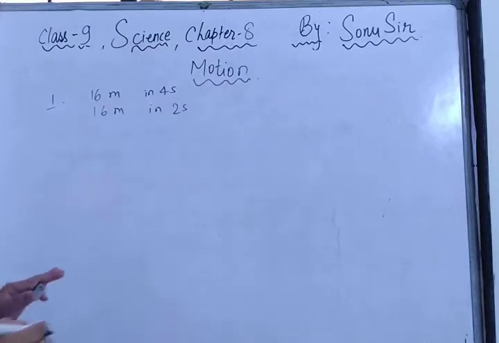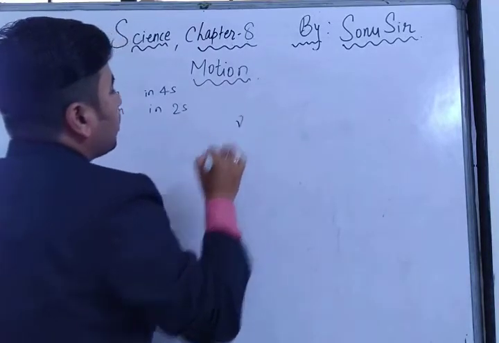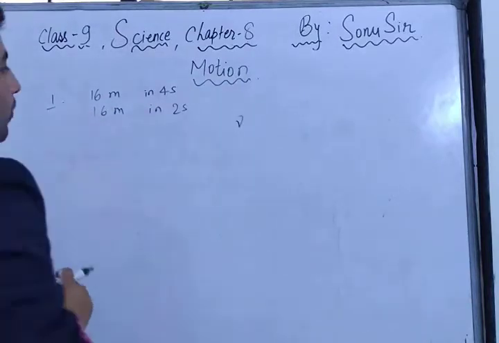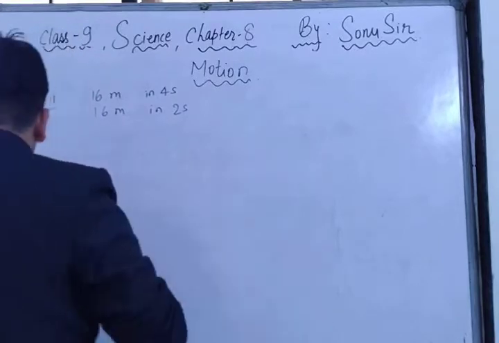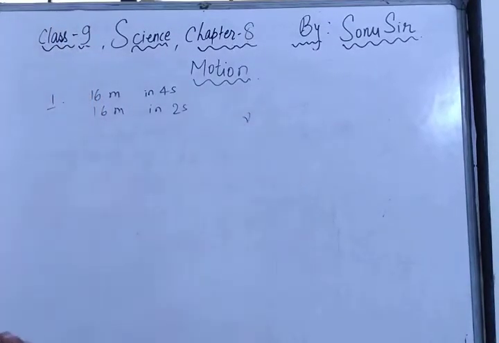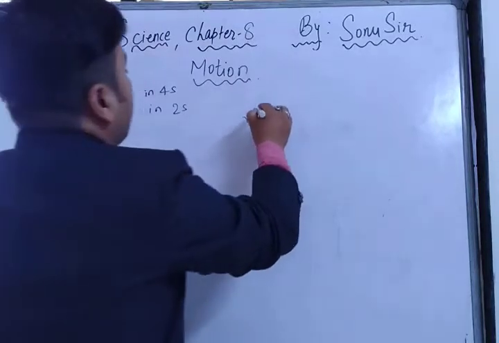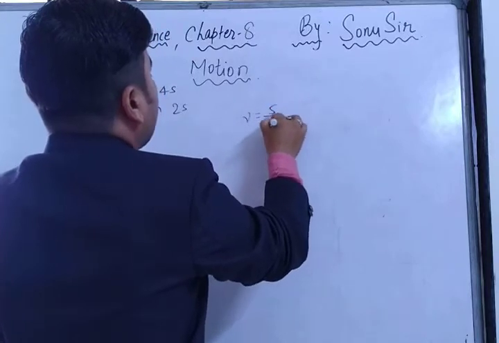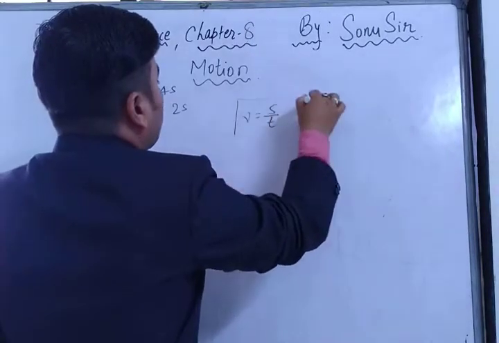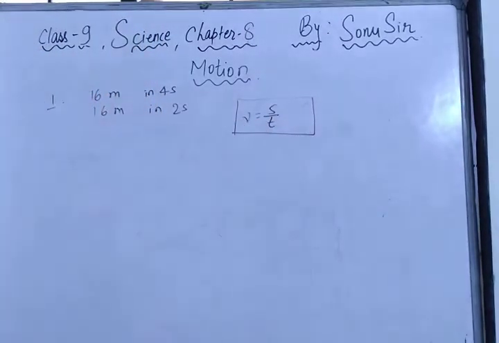So average speed is denoted by this V. It's also known as, if we talk about frequency, nu naught or nu also. But here we will generally study V. V is equal to, here you can see we have to calculate average speed. Speed is equal to distance upon time. So here V is equal to S upon T. S means distance. So what will be the formula? Average speed is equal to total distance traveled by total time taken. Got it? You can write it directly also.